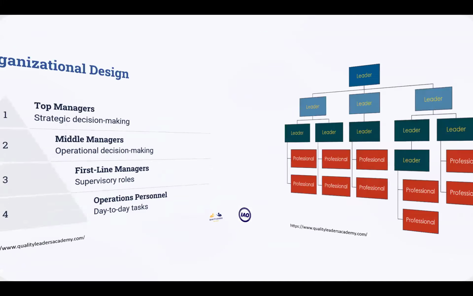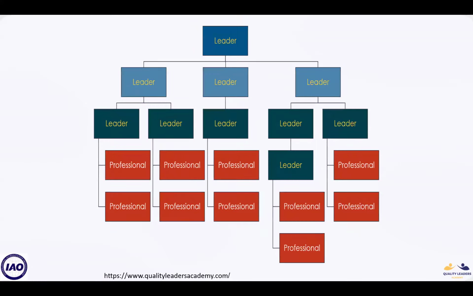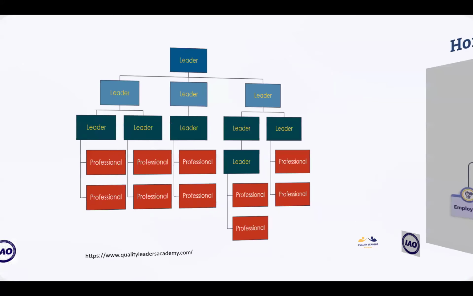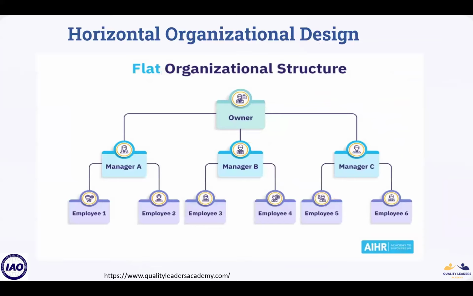Remember, for vertical, this is a pictorial representation of the vertical organizational design. Here you see many layers of leaders present from top to bottom. And in these structures, remember this particular thing: decisions flow from top to bottom and information flows from bottom to top. Okay. Now, when you compare that to horizontal organizational design, it's also called a flat